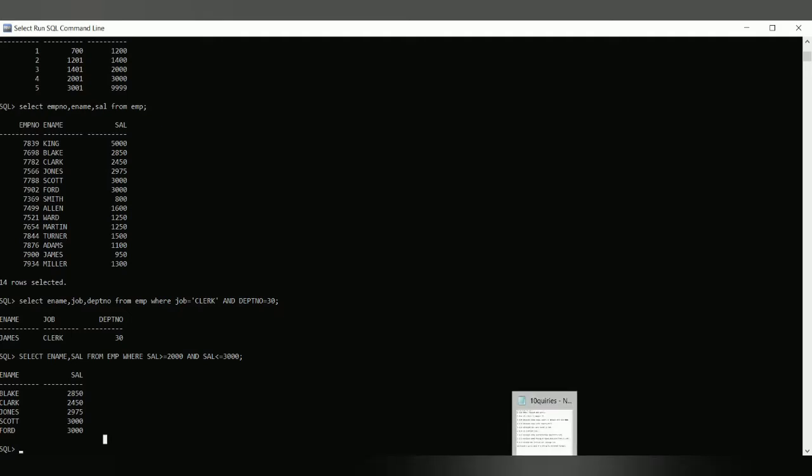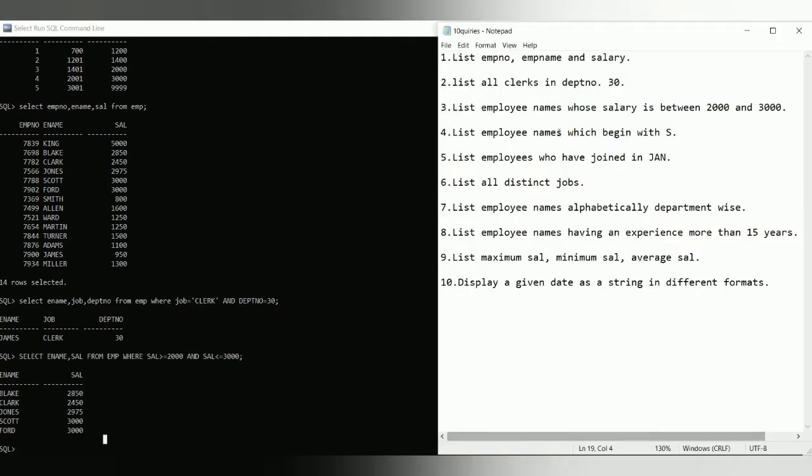Now we are working with another query. List employee names which begin with the letter S. Now what is the query?